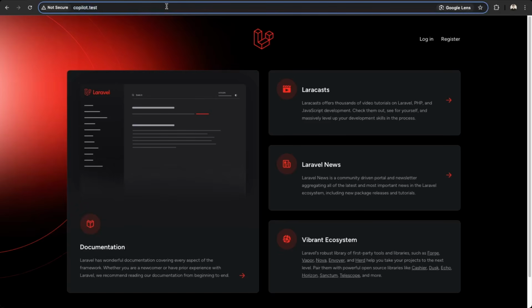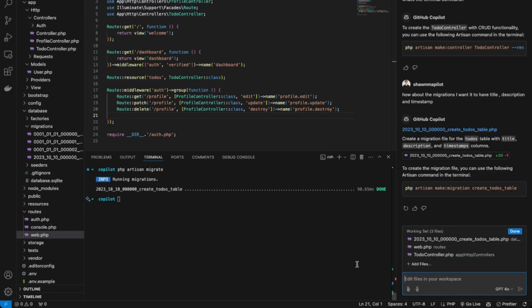Okay, and then we can check out our app here if we go to to-dos. So it's just an empty page. So we need to create the views for the index, create, and update and delete. So let's do that with GitHub Copilot. Okay, so back here, what we can do again is create the views for to-dos